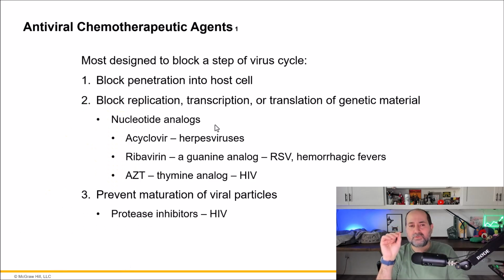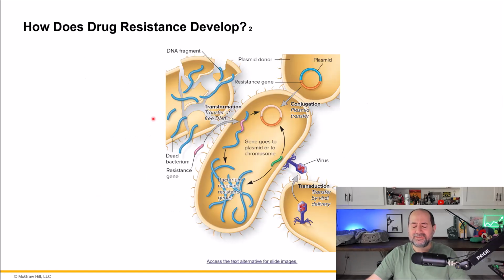antivirals mostly slow down the viral multiplication cycle, right? They slow down the viral spread. And it's up to your own body to cure and rid the infection, to clear the infection or not. Does that make sense? That's one key difference between antivirals as compared to the other antimicrobial chemotherapies we've discussed. And do you recall that resistance genes can be spread